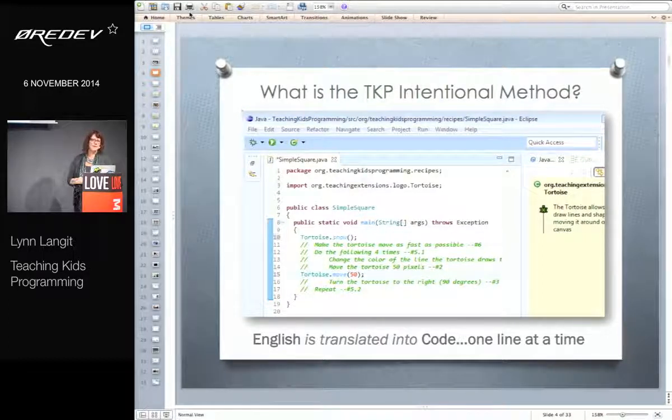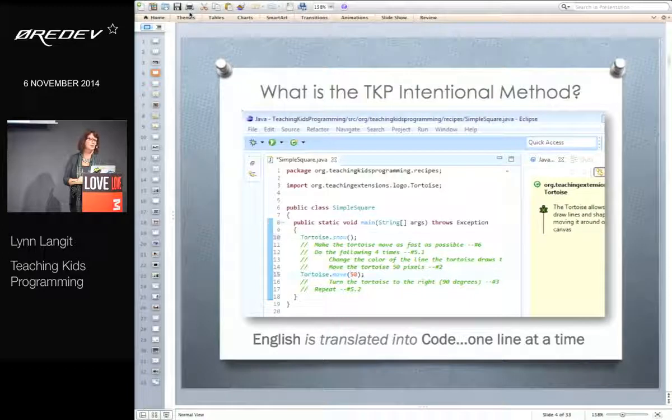The core of the TKP teaching method is something we call intentional teaching. It comes out of our own experience as programmers, having learned in what was really kind of a boring way, right? You all remember that. Maybe it wasn't boring for you, but it was boring for me. The console app, right? Hello world, woohoo, right? Copy this code. Our method is based on Socratic teaching, which is exploratory, interactive teaching that attracts a broader variety